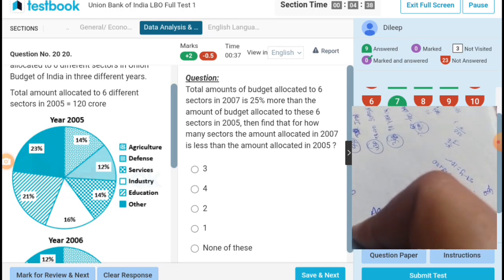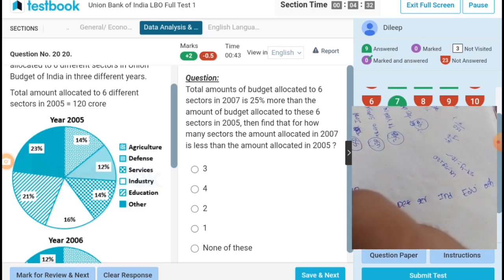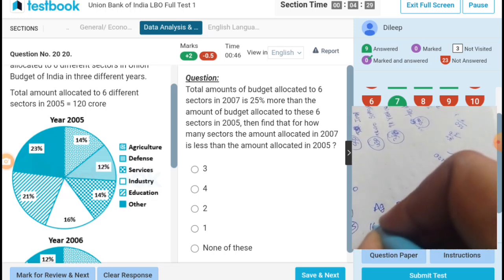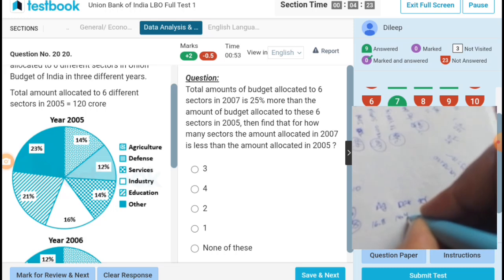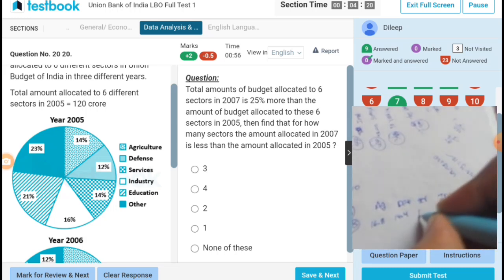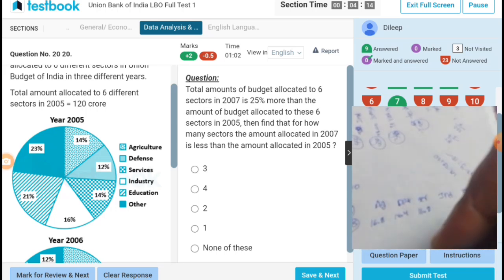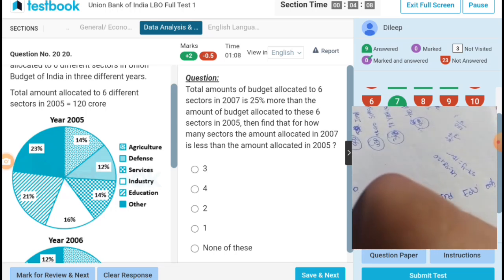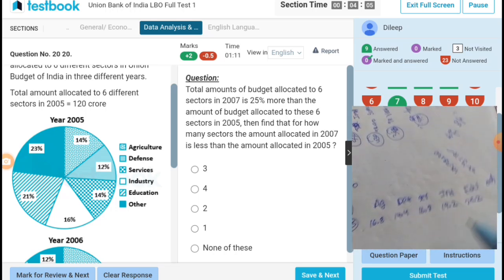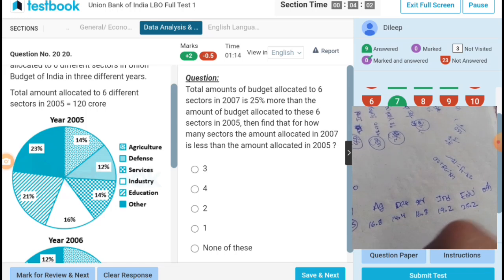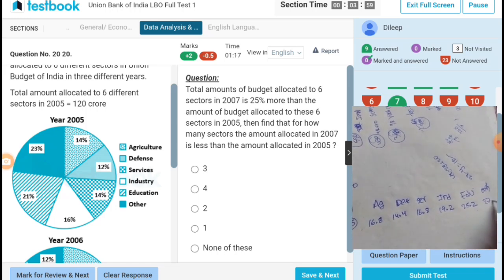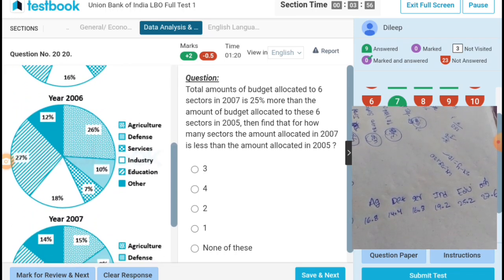Agriculture is 14, 16.8, 14.4, 16.8, 0.2, 25.2, 7.6, and